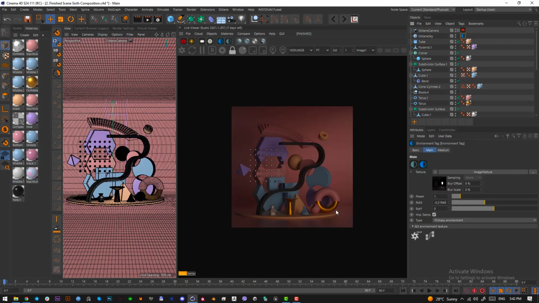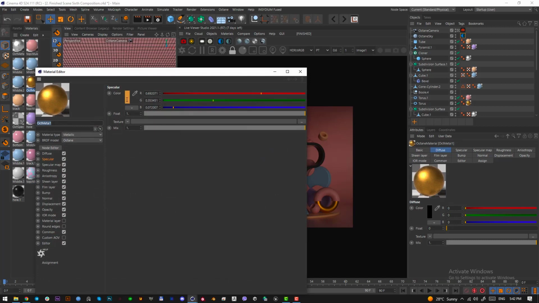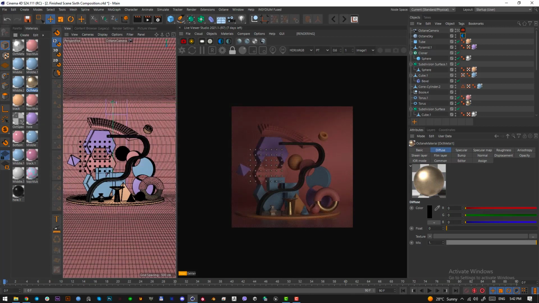The first thing I want to change is this golden color that we have in the modeling phase. It's too saturated, so in specular here reduce the saturation to something like this, and as you can see this is much better. Okay, the HDRI comes from the right and we want to do our standard light setup, so